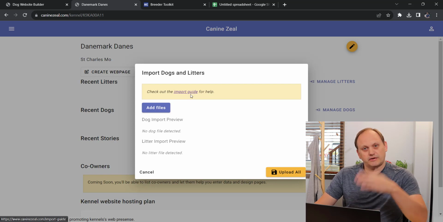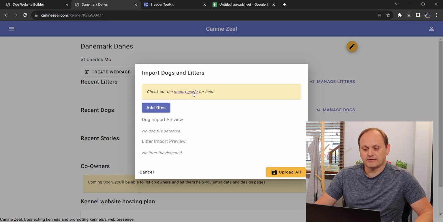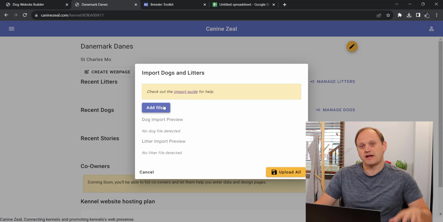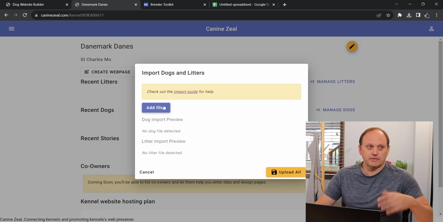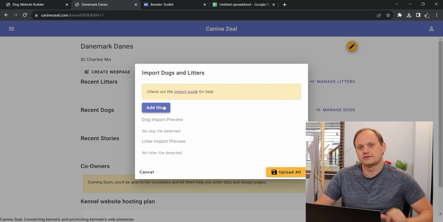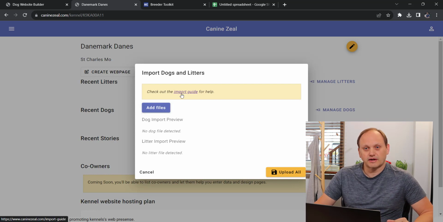It'll open in a new window and it'll have more details written out. For example, if you don't have an AKC export, because maybe you used another international registration company, you could always export from there, but you might need to check the column names for dog and for the birth date and so forth, just to make sure it's a name that we're recognizing. So look at that import guide to see what those column names are